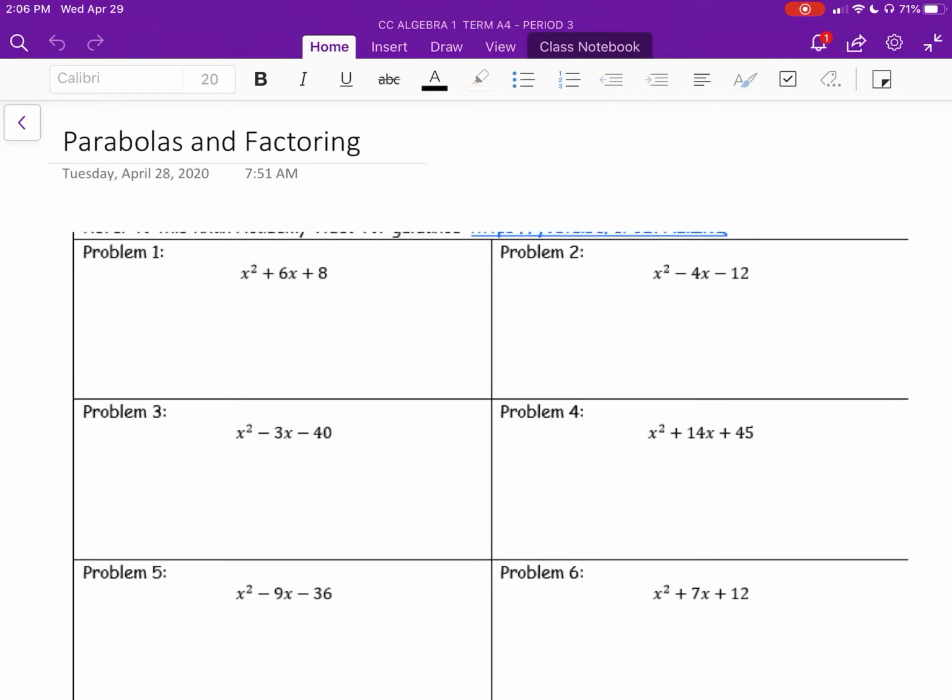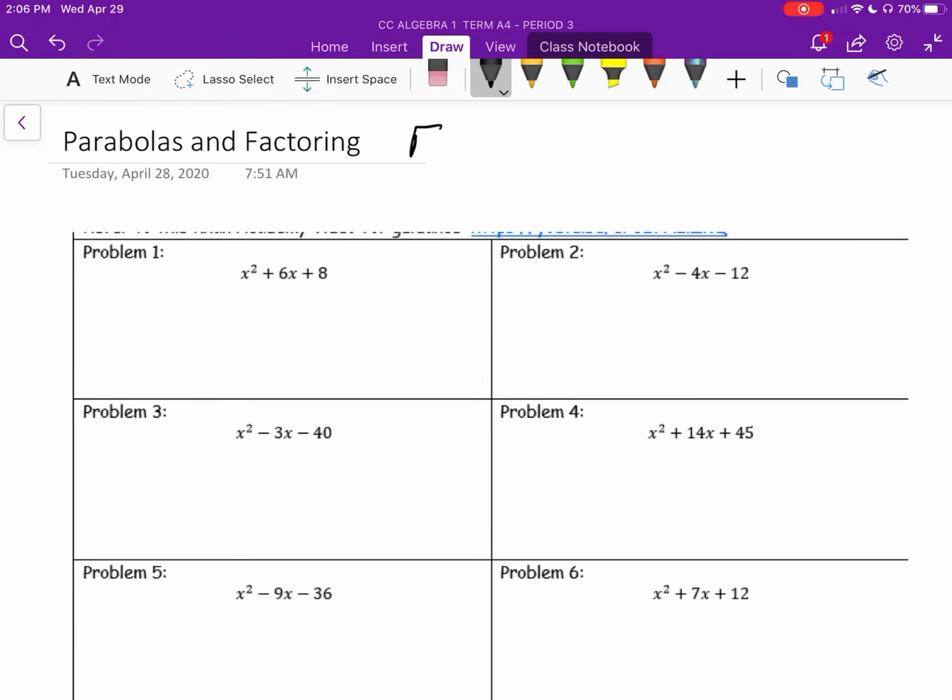So this week we're going to start talking about parabolas, but before we do that, we're going to spend another week reviewing factoring from last week. And factoring is something, factors are things that multiply together to give me a product. So if I talk about the factors of a number, if I say what are the factors